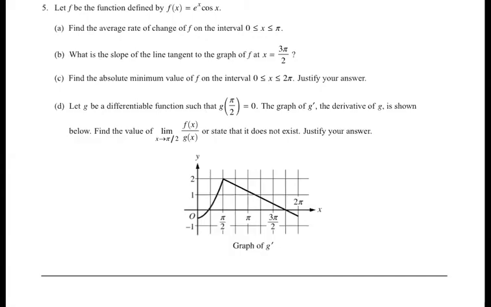Okay, this is 2018 problem 5. The average rate of change of f over this interval is simply another way of saying find the slope when x is 0 and x is pi. So when we do that, we're going to get that the average rate of change